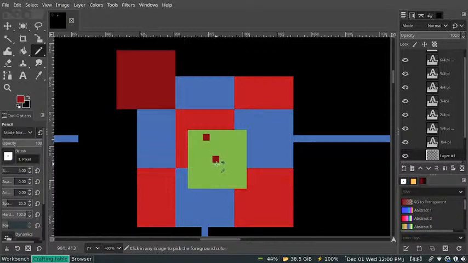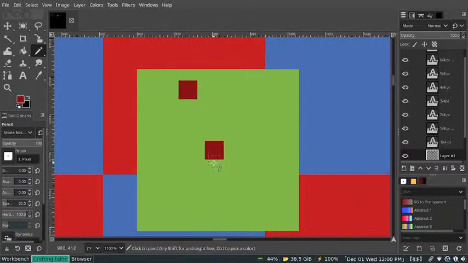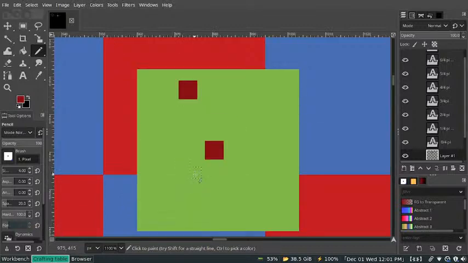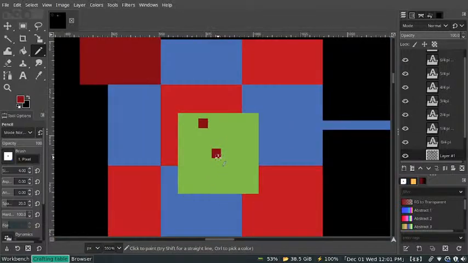Because if we move slightly over here, we're gonna be on the blue tile, and then we're gonna calculate the offset relative to its center. So we know the offset,